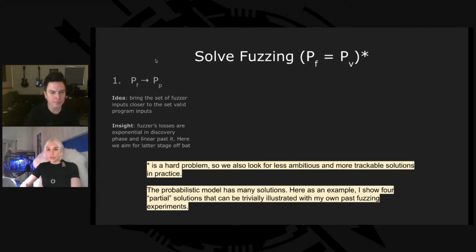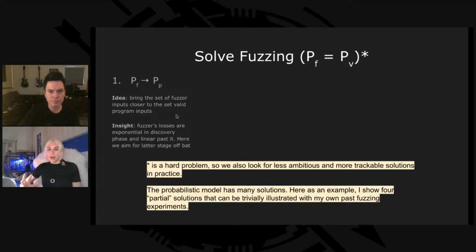The first approach is trivial. We let the probability distribution of the fuzzer tend to the probability distribution of program inputs. What this means in practice: if we fuzz the program based on valid program inputs, if we gather samples that are known valid inputs of the program, then we already perform much better in fuzzing, because it allows us to skip the exponential cost of exploring new branches, and we skip directly to the linear phase of fuzzing known branches.